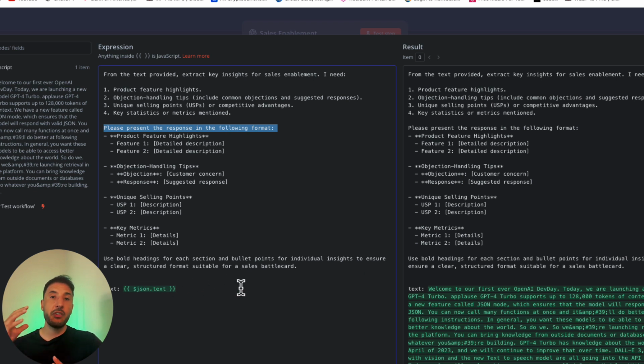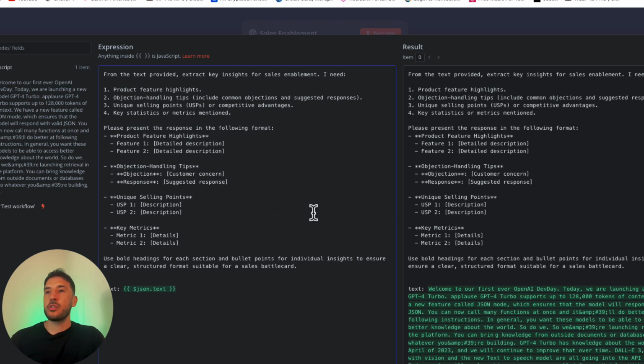So I'm being very, very clear, and my prompt is very structured to make sure I'm getting the proper output. And depending on what your use case is, make sure you're adding the proper prompt here. And for those of you who are part of my school community, you will have access to my custom GPT that you'll be able to utilize and grab these prompts from there.